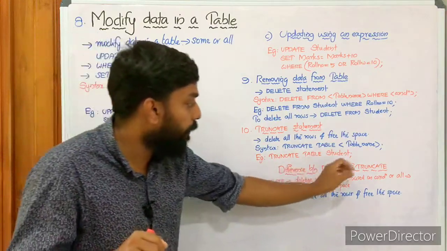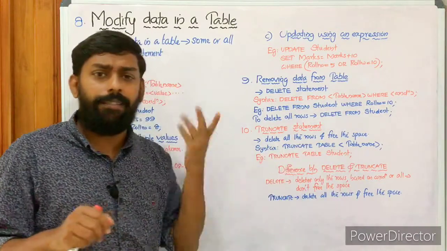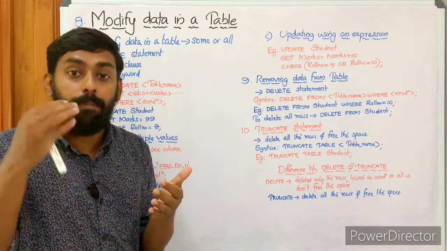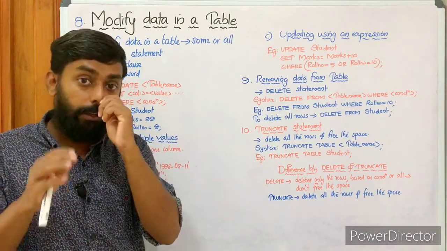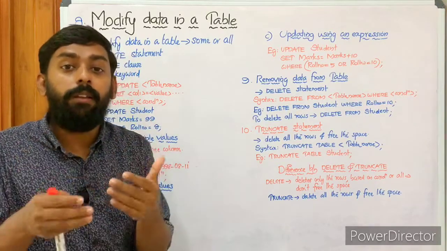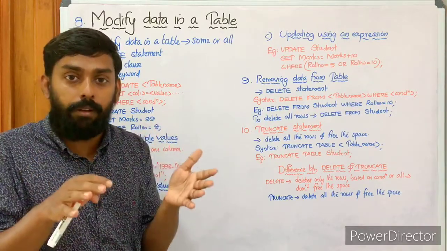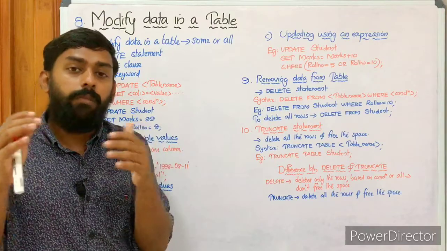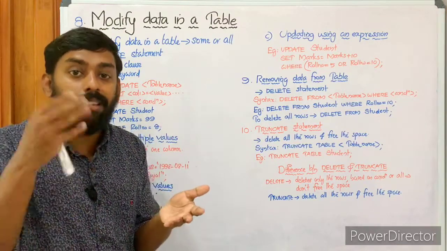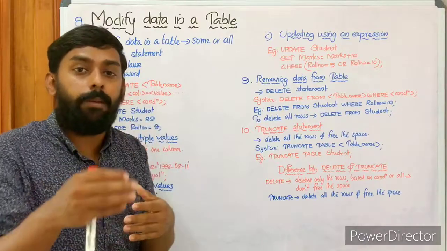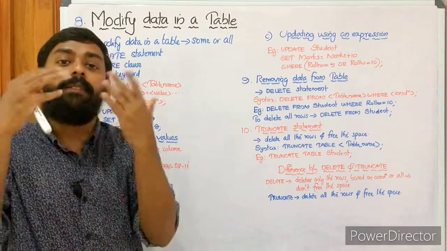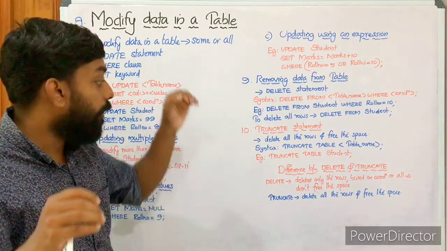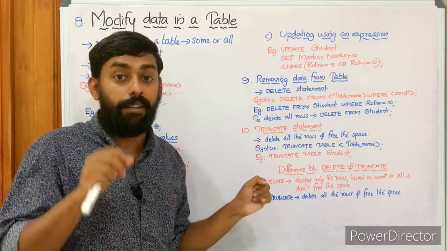Then let's look at the difference between delete and truncate. When do we apply truncate? Suppose at the time of developing software, as a programmer, we will test the software in the testing phase, providing a number of different values. After successful testing, we can deliver it to the customer. But just before delivering it, all the values we entered during the testing phase should be removed. We can do it using the truncate table command.